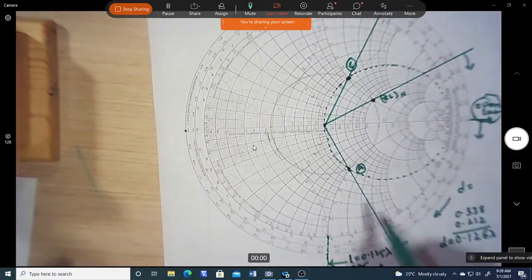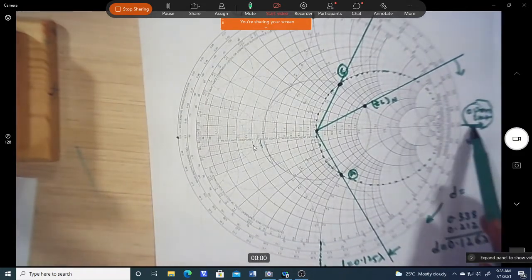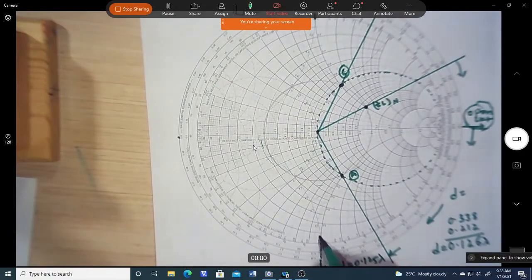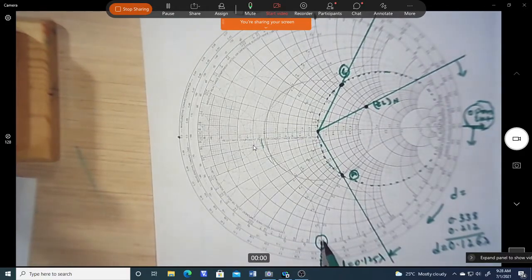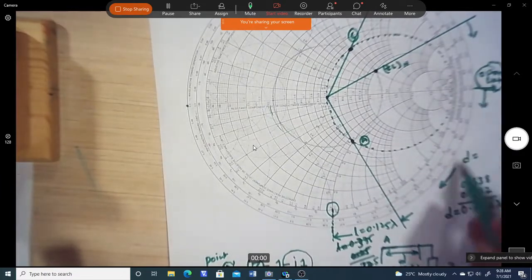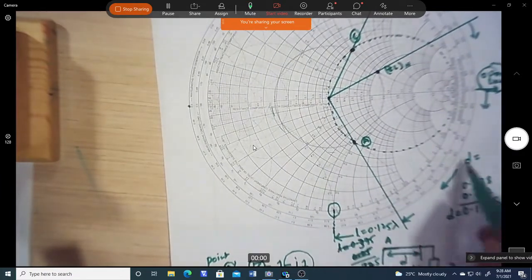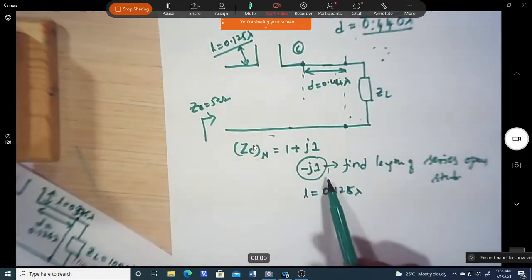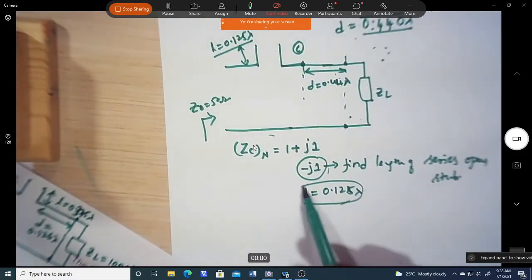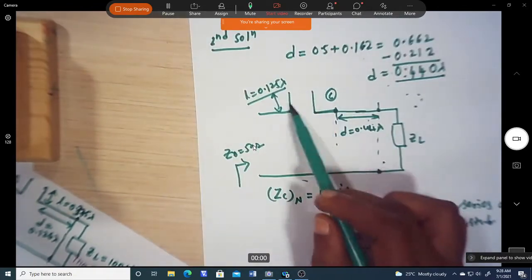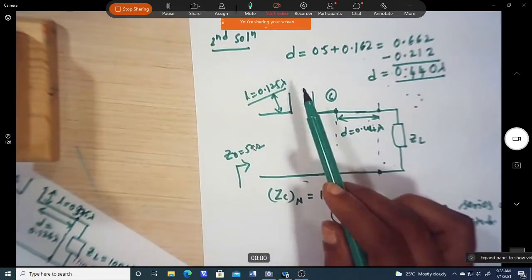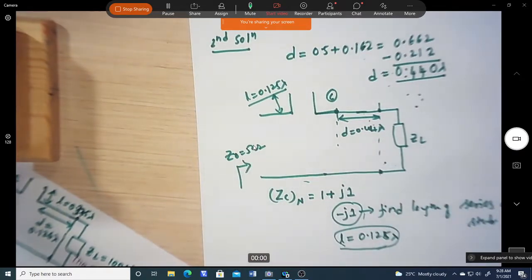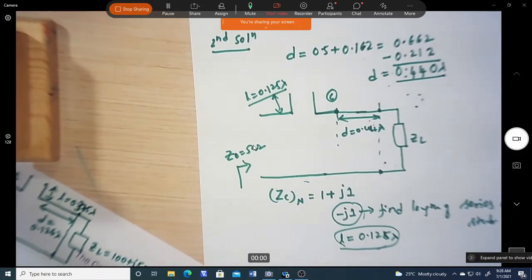Find out in the impedance chart, because it is a series stub. From this open circuit point, find out where it is minus j1. So this is the point where we have minus j1. From this point move till this point. That is the length of the stub in the second solution. So we connect at point C the stub of length 0.2125 lambda, so that it will match this load impedance to the 50 ohm feed transmission line.